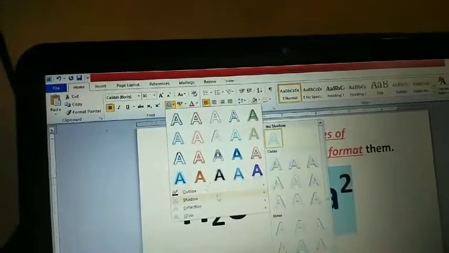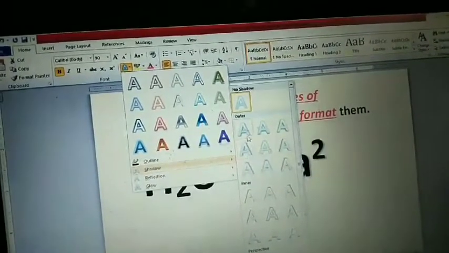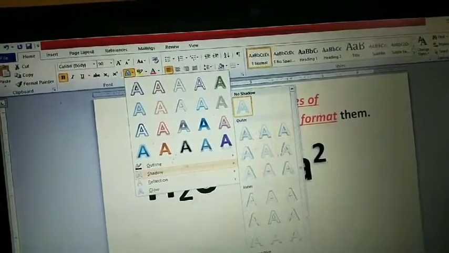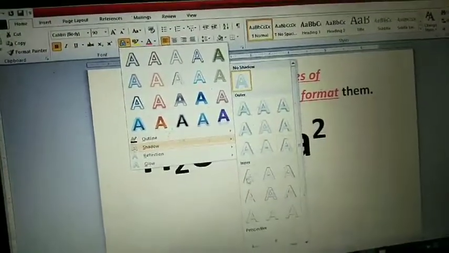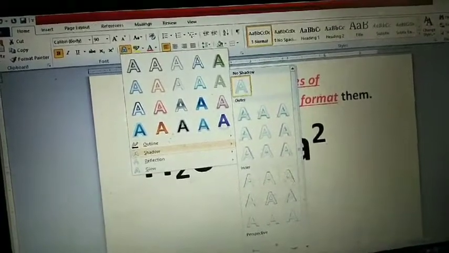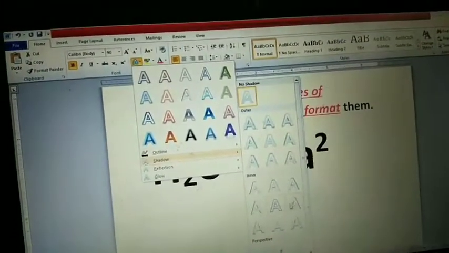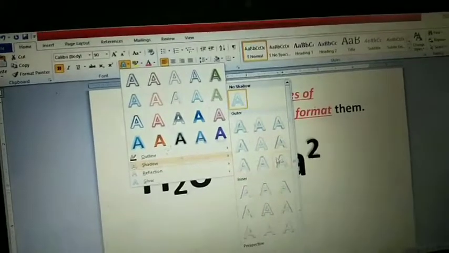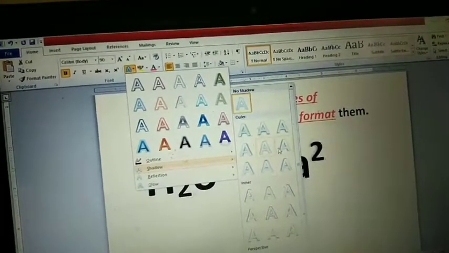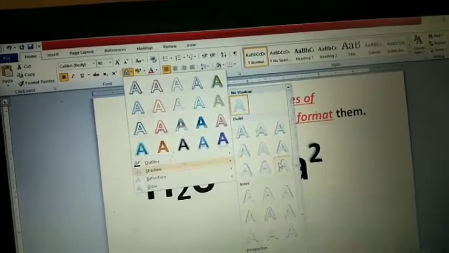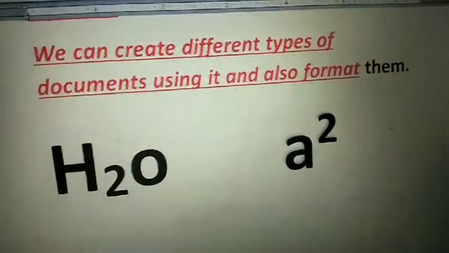So here I'm going to the shadow option. In the shadow option, just select whatever you want, and as you move the cursor, according to the selection, you can see the background of A2 keeps on changing. Okay, fine. I'm just selecting one particular thing, any one, to make you understand. So I'm keeping it closer. Can you see?